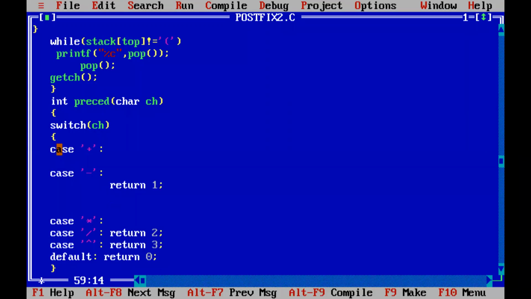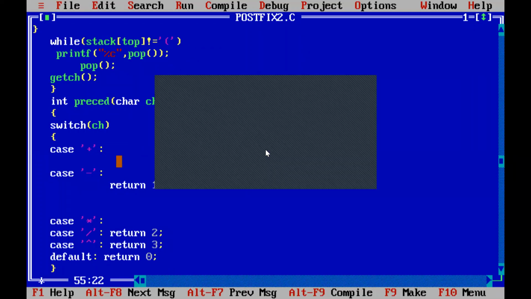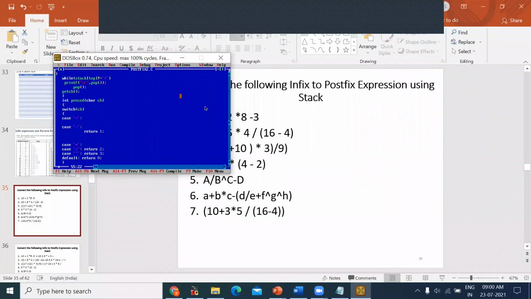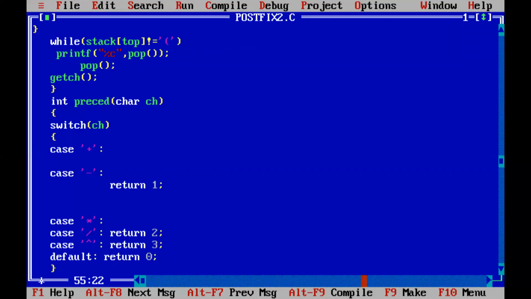I'll tell you. This is the case label. Now, whenever I get an addition operator, it will come over here and try to execute the statements even over here. Listen here, these tricky questions will be asked even in the interview. That's why I'm telling you. This will be there in the interview question, that is for sure. Here, more complicated ones will be there. Here, what is the meaning of it, I have given you in the theory also.